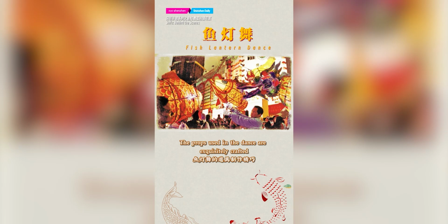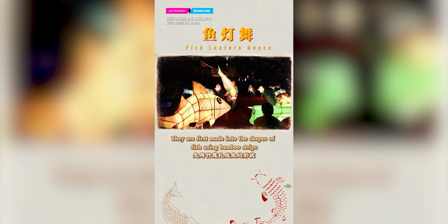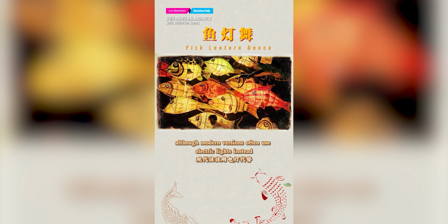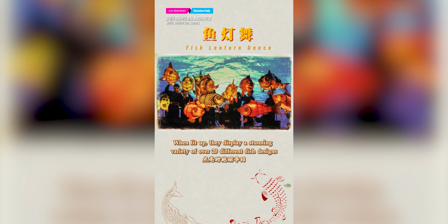The props used in the dance are exquisitely crafted. They are first made into the shapes of fish using bamboo strips, then covered with paper and colored before being coated with tung oil. The lanterns are illuminated from the inside by candles, although modern versions often use electric lights instead. When lit up, they display a stunning variety of over 20 different fish designs, including red carps, green carps,